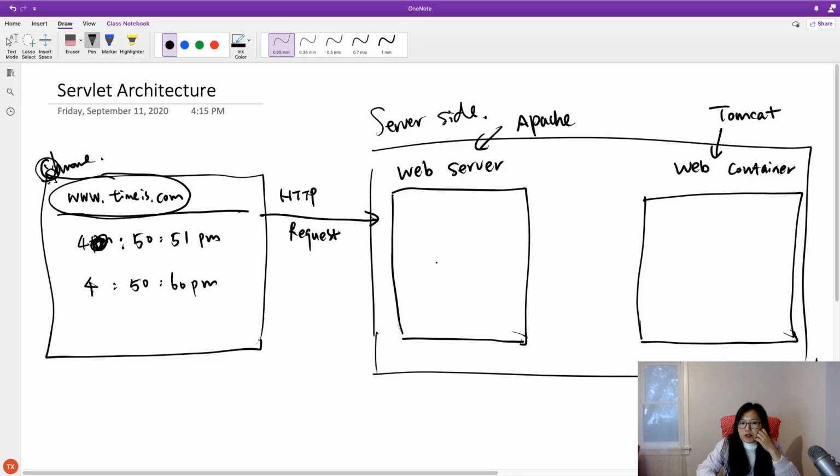And what does the web server serve? They only serve static content, which is HTML, PDF, CSS, JS files. But with the behavior we described, every time we refresh the browser it gives us different content, so the time will change. For this, the web server says, oh, I cannot do this, because the content I give you is static. I don't have HTML that changes every second. So the web server says it cannot handle this request, and it passes the HTTP request